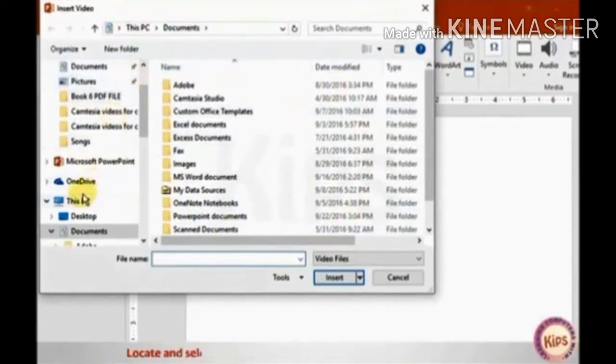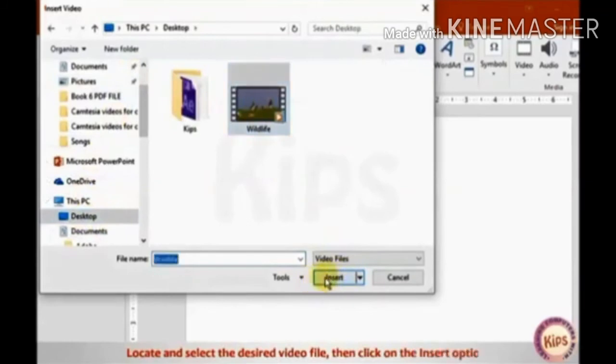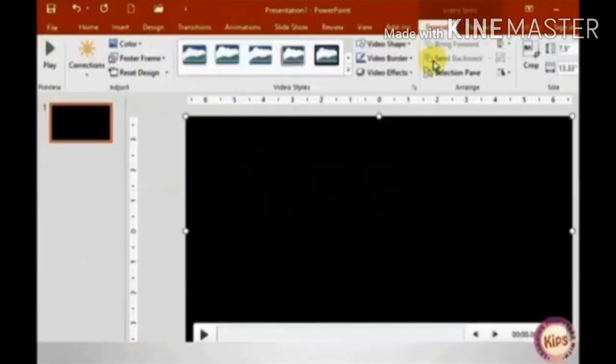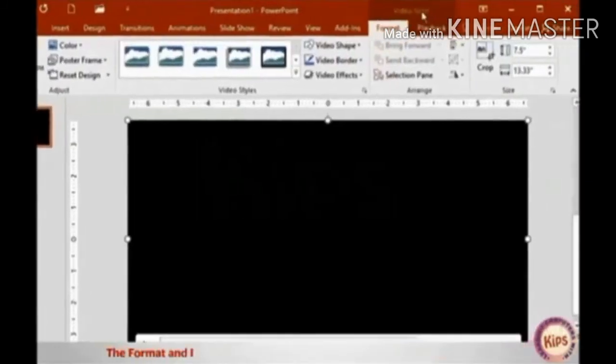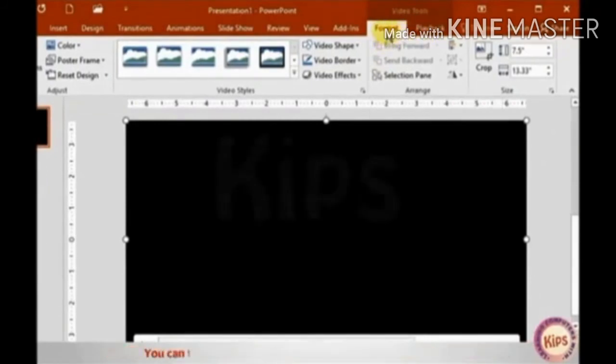The insert video dialog box appears on the screen. Select the video from the desktop to insert it. The format and the playback tabs appear under the video tools on the ribbon.